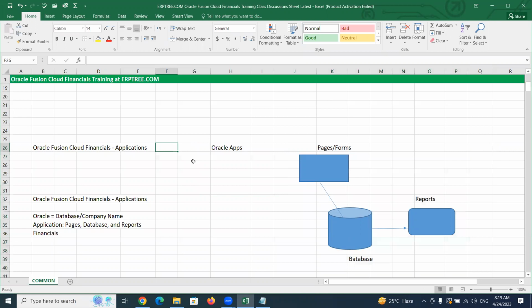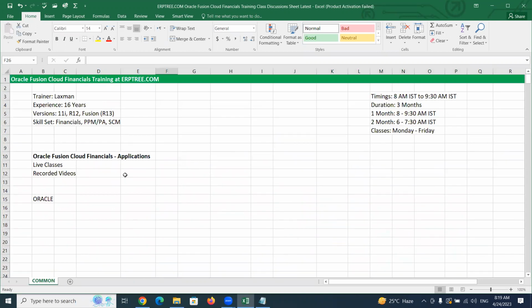Now, we are going to learn about applications. The application consists of the pages, database, and reports. As a part of financials, what are the applications we are going to learn?